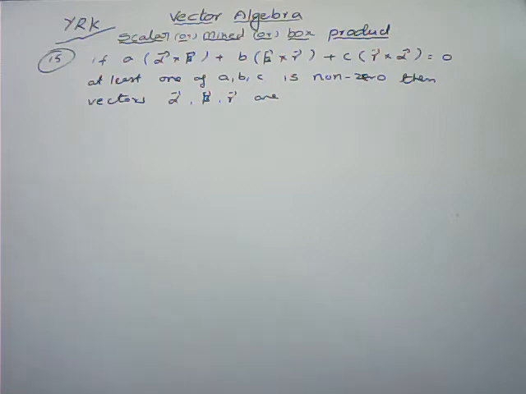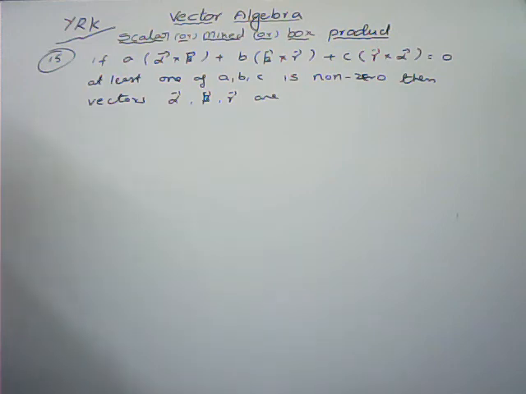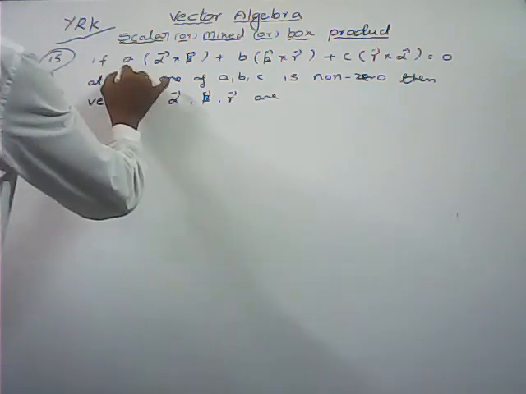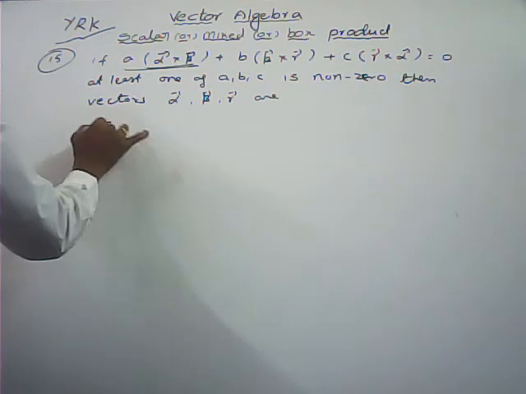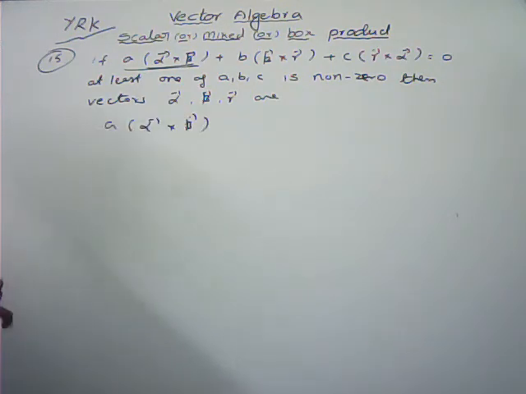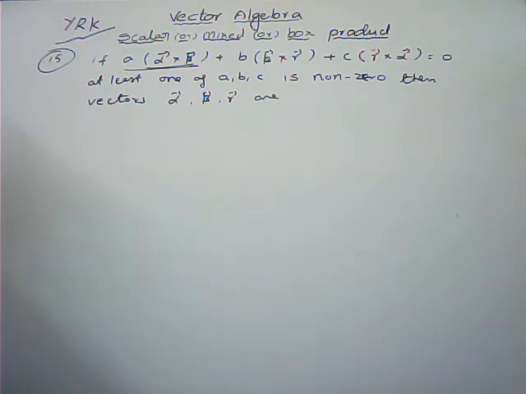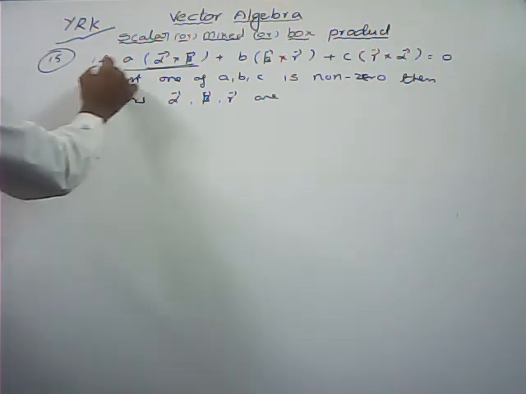Here we want the box alpha beta gamma. If the box alpha beta gamma is equal to 0, then we can say alpha, beta, gamma are coplanar. So to get the box alpha beta gamma, what to do here? First I am taking this one, A into alpha bar cross beta bar. I am doing the dot product with gamma bar. First I am taking the dot product with alpha bar.